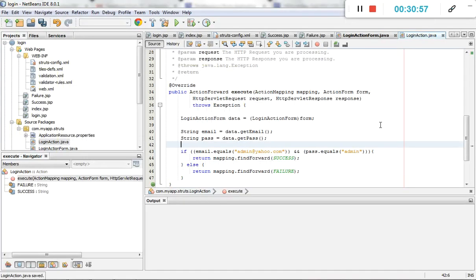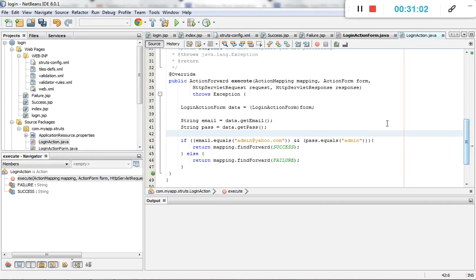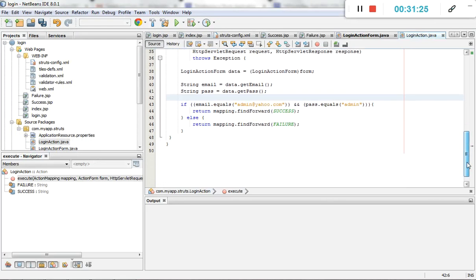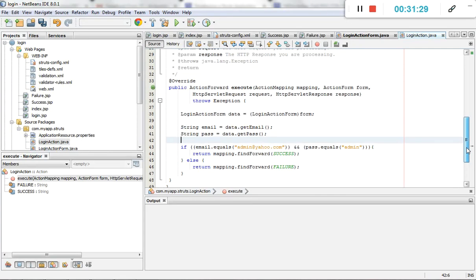It's simply mentioning that if you put the wrong email ID, then it mentions login failure, and it calls a failure file. And if you have entered the proper mail ID, then it gives a success, or maybe the mail ID is correct. This is the code related to verifying the mail ID with the help of Struts.